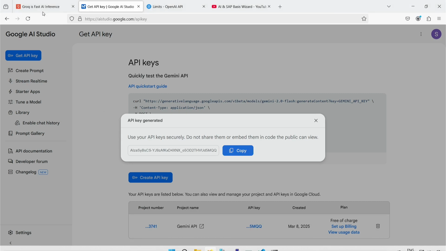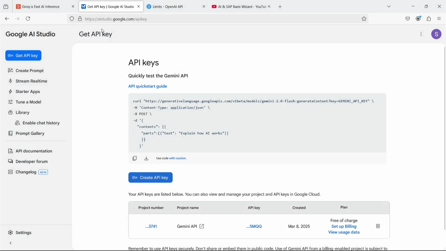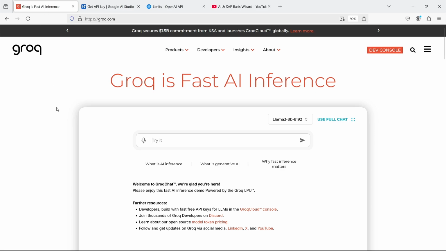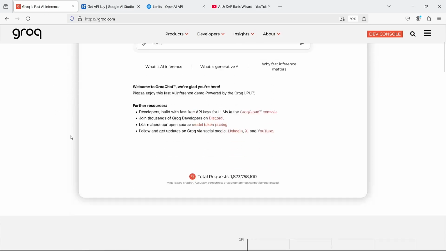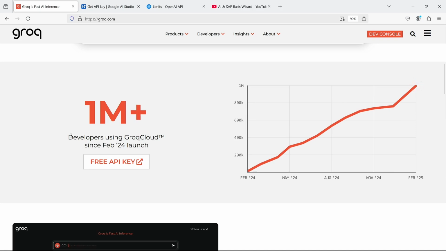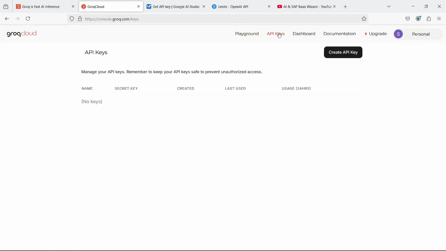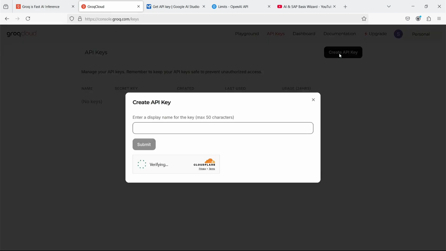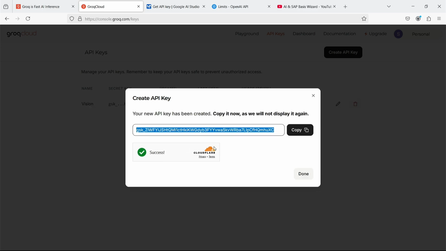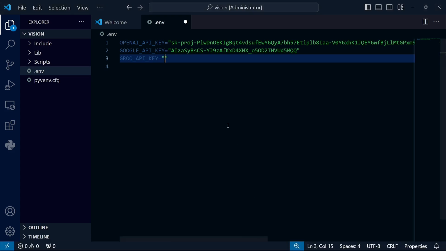If you caught my last videos, you're definitely familiar with Groq. They provide access to open source models and offer developers free keys as part of their free tier. Simply log into their developer console. Then select API keys and create a key. Of course, the key needs to be named. I still have to confirm that I'm not a robot, which nowadays is not so obvious anymore. And there you have it. Completely free, with quite reasonable limits.